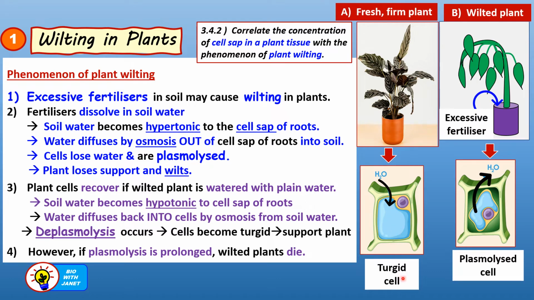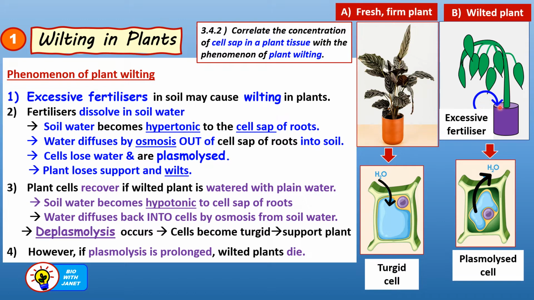Okay, so in a turgid cell, there's a lot of water and the cell is firm and well supported. So if all the cells are like this, or most of the cells of the plant are like this, then the whole plant will look fresh and firm, right? And get support. But how about the wilted plant? So for a wilted plant, when we see a wilted plant, we know that it lacks water. Or it could be that